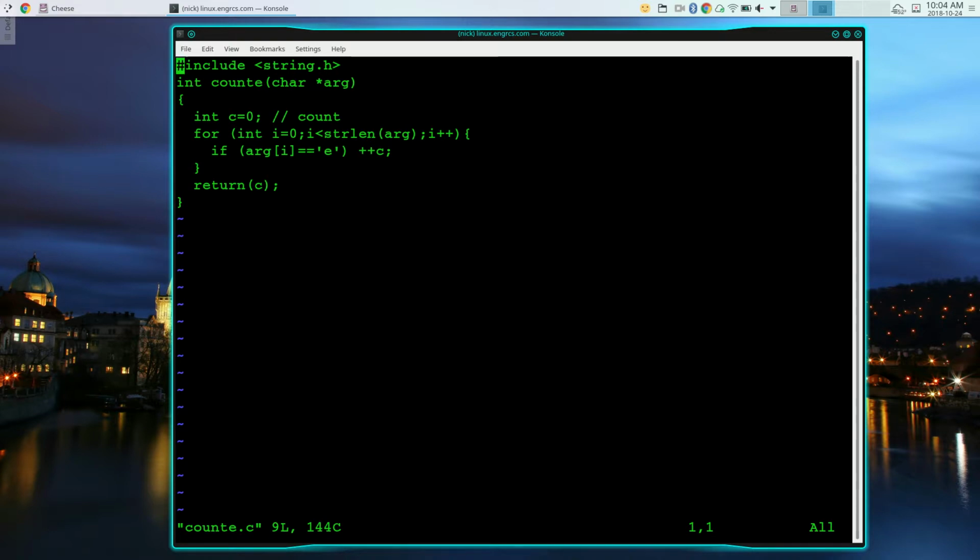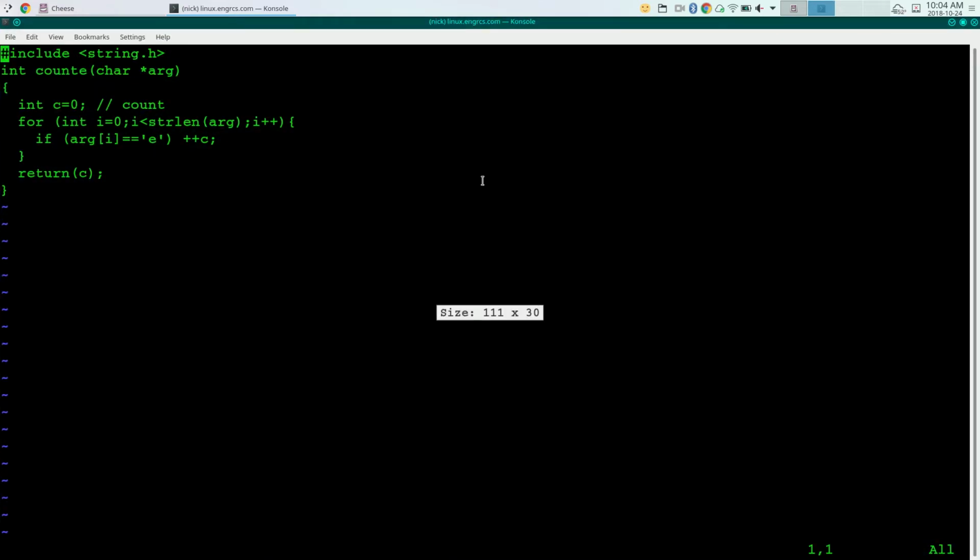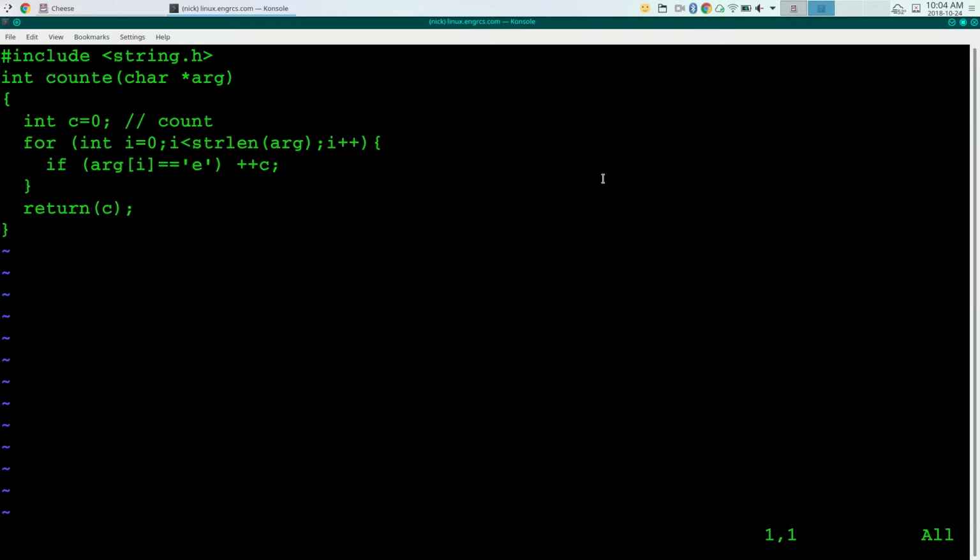So again, there's different ways you can do this, but this would definitely get you there. I'm using string length, so I need to include string.h, and then define your function, takes a char pointer, returns an integer. So I initialize a running counter to 0, that's c, and then the for loop is sort of a standard way to march through each character of a string. So you end when you're equal to the string length, and then one if statement, see if character i of your string is equal to a lowercase e, and if it is, increment your count, and then return your count